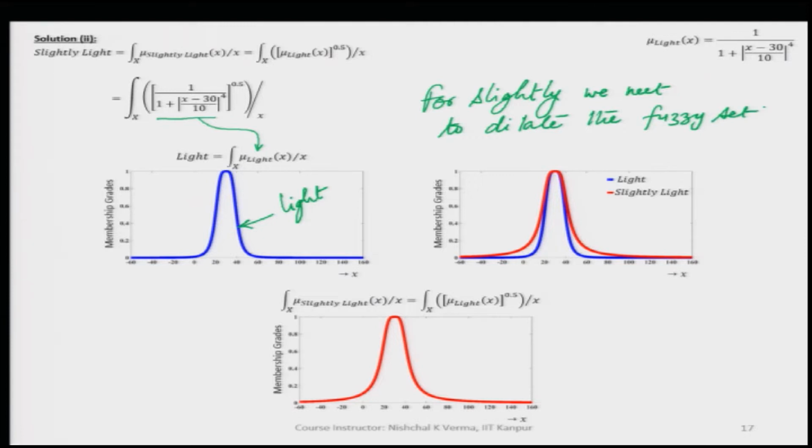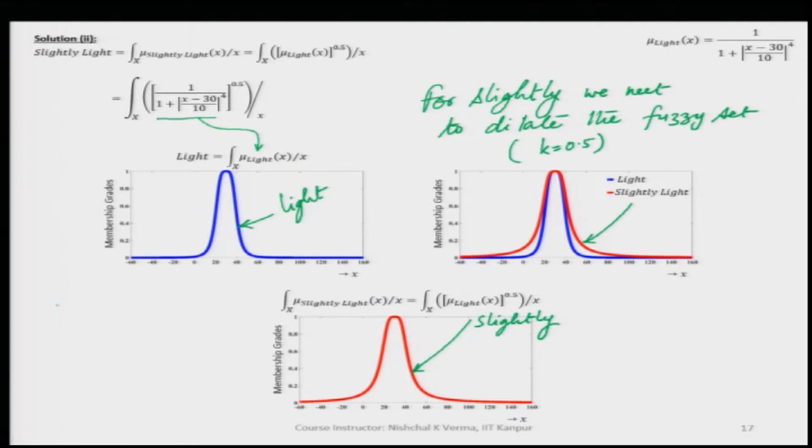So, when we dilate the fuzzy set, we get a new fuzzy set, which is this slightly. For slightly, the value of k, because we are dilating, is k equal to 0.5. Similarly, more or less is the same as slightly.